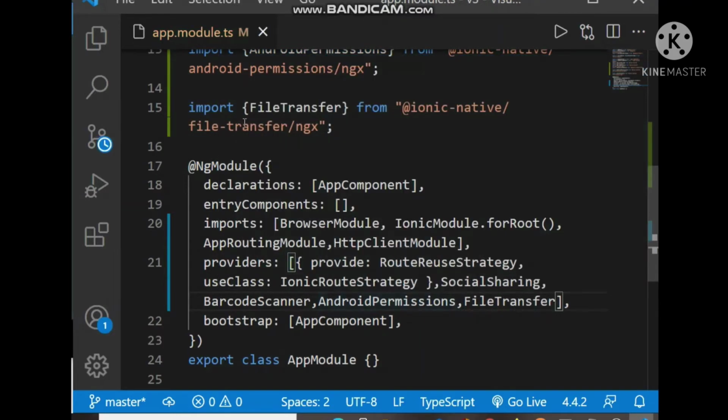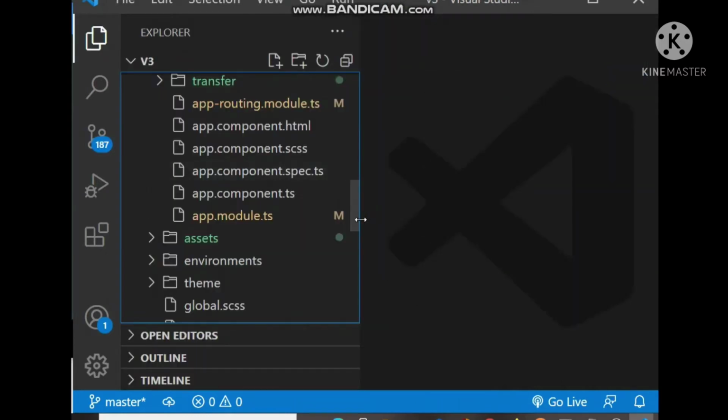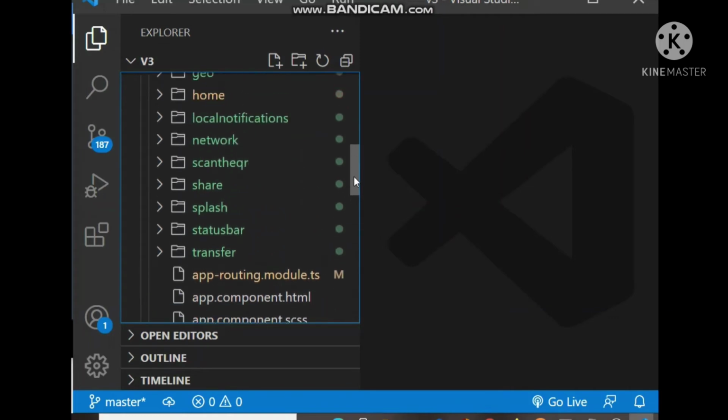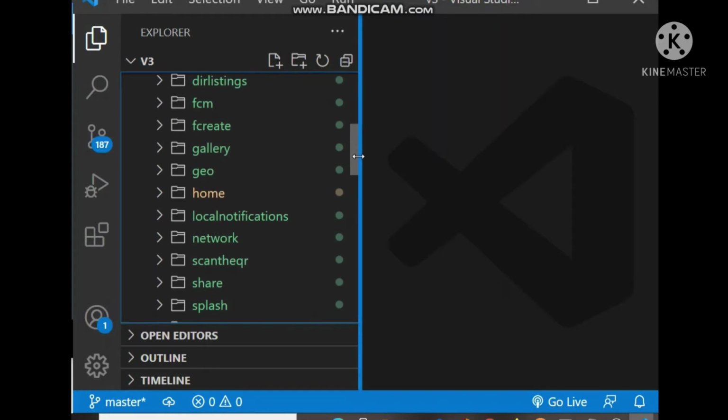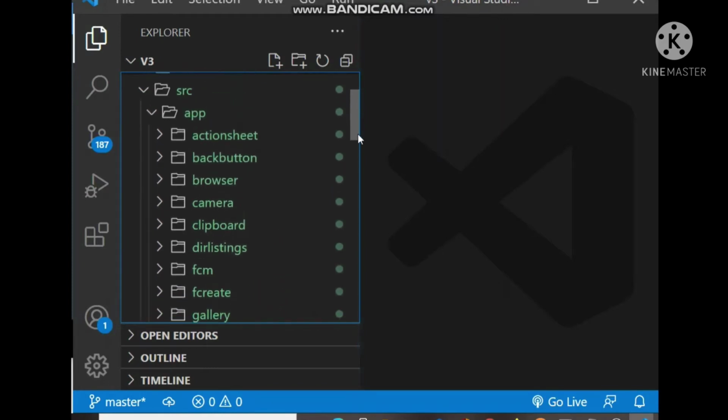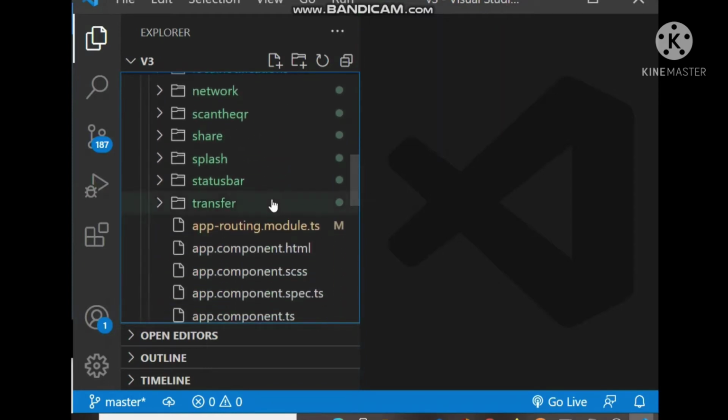So the registration of file transfer is complete in app.module.ts. Now I have to go to the main page, where we have to build the uploading methods.